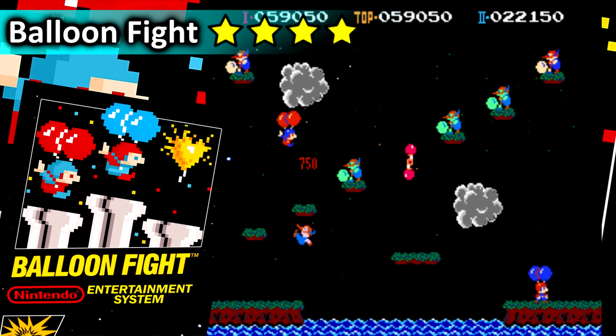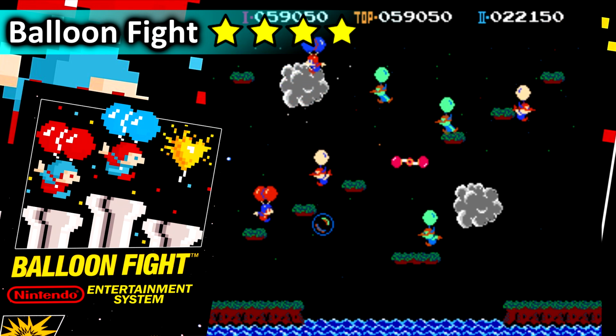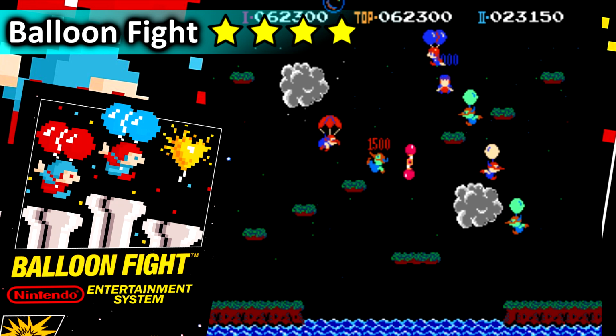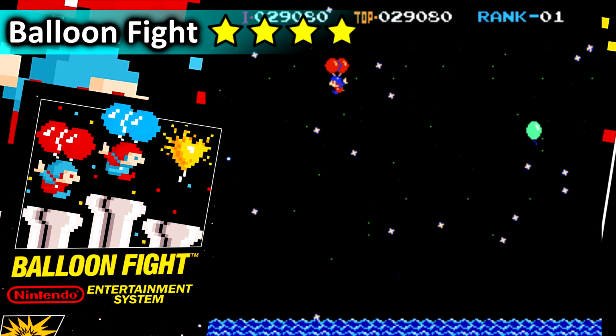Balloon Fight is a cross between Lunar Lander and Joust, with the added benefit of simultaneous 2-player. The A button is used to manually flutter, while the B button can be held for a steady flap. There's an extra 1-player mode called Balloon Trip, which is about seeing how far you can get while avoiding a